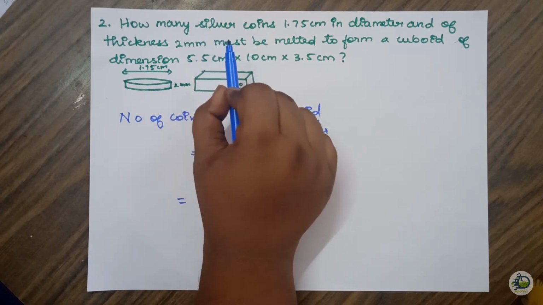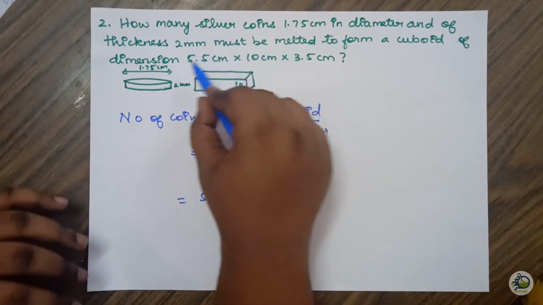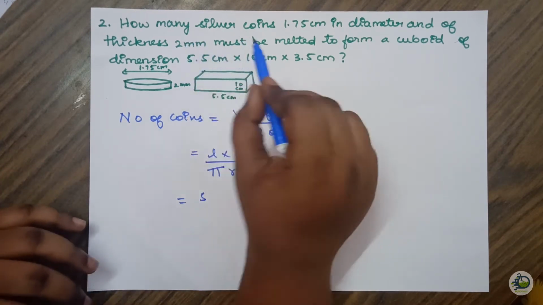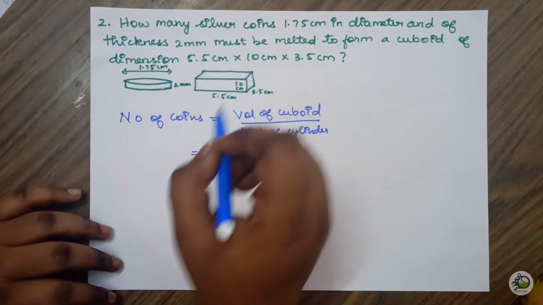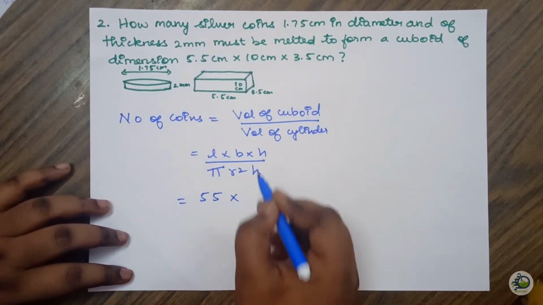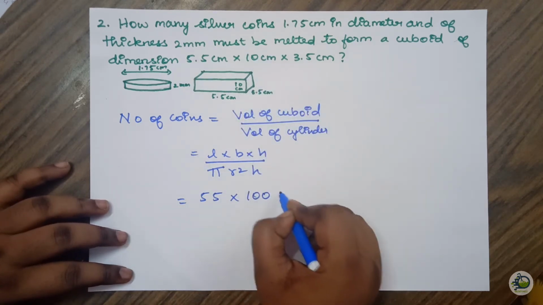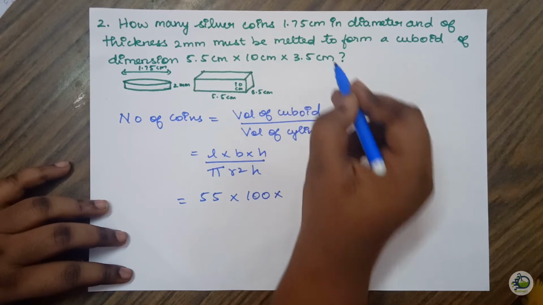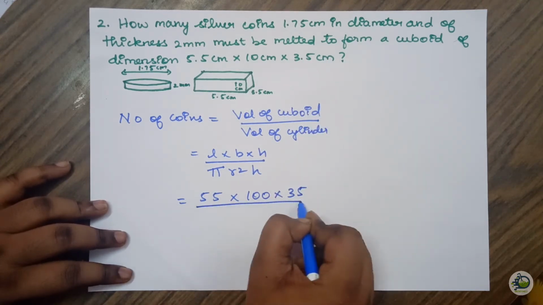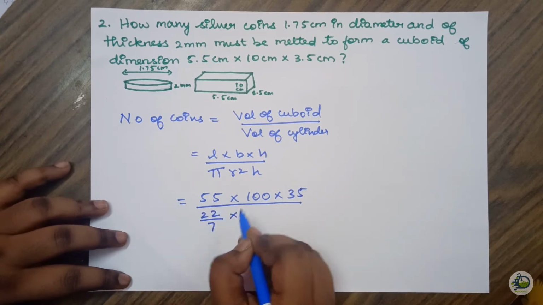So we have to convert centimeter to millimeter by multiplying by 10. When I multiply 5.5 by 10, I will get 55 millimeter, into 10 into 10 is 100 millimeter, into 3.5 into 10 is 35 millimeter, divided by 22 by 7 for pi into,